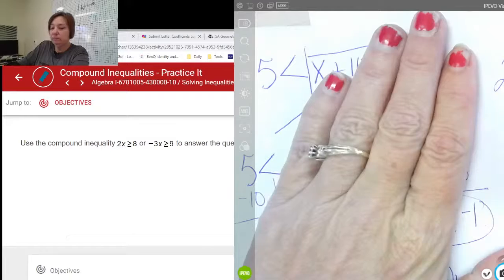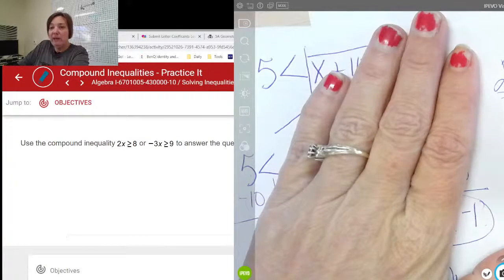What do we do? Divide by 2. So x is greater than or equal to 4. Over here, what do we do? Oh, we got to flip that sign. I'm glad somebody thought of it. When you divide by negative, you got to flip your sign. So x is